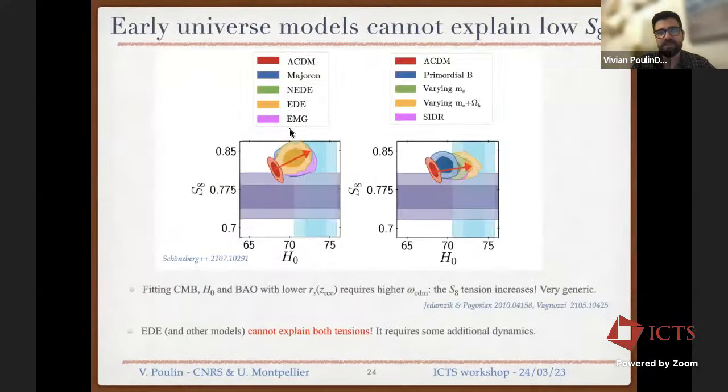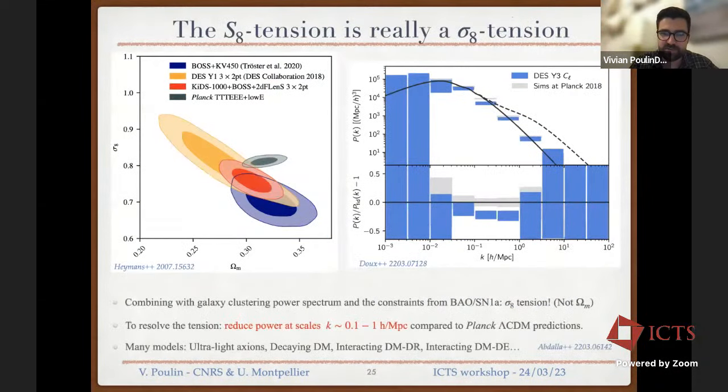And that is a problem because all of the models that I've said so far are good at resolving the Hubble tension tend to go the other way. This is striking here for early dark energy-like models, but this also somewhat happens for this electron mass model or the models playing with recombination, which, if anything, barely do anything for S8. If they don't make it much worse, they don't really improve. So this means that if both tensions are not related to systematics, most likely it's going to require some additional dynamics than the simple model that I have suggested to you. And let's try to just understand what could be this additional dynamics.